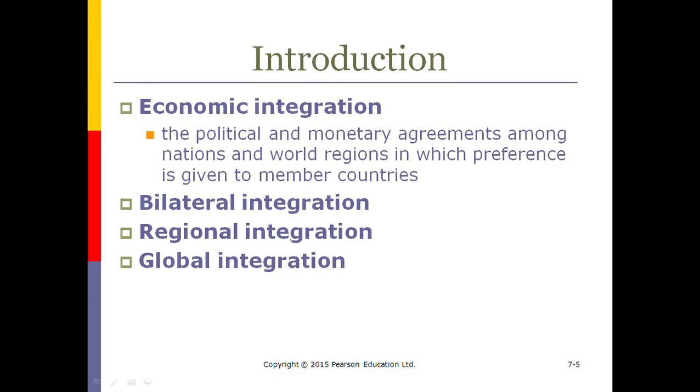There are three levels of integration: bilateral integration, where there is an agreement between two countries, let's say country A and country B, or regional integration, where the agreement could be between two or more countries falling in a particular region, for example, the Middle East region or the Americas or Asia. And then there would be an international integration or a global integration of many countries across the whole world.